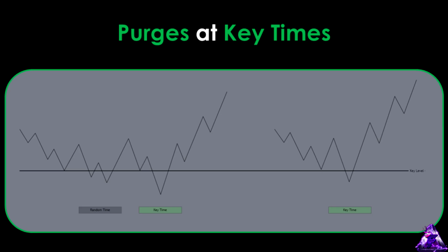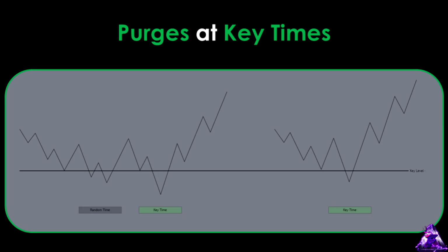You can see a green rectangle at the bottom right, which represents a key time depending on the time frame. For example, if we are looking at the 15-minute time frame, this green area would represent the London Open Kill Zone, the New York Open Kill Zone, or any other key time of the day. If you're looking at the 5-minute or the 1-minute time frame, this green area would represent a macro or specific